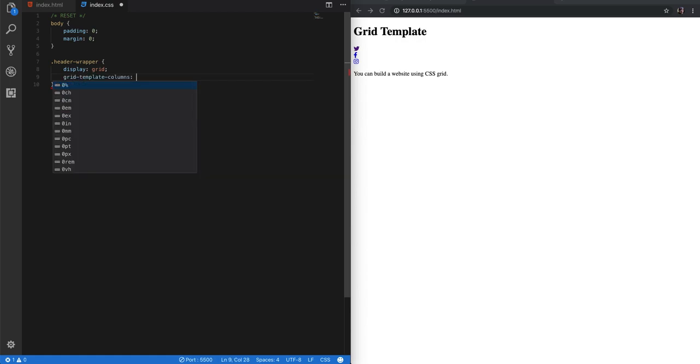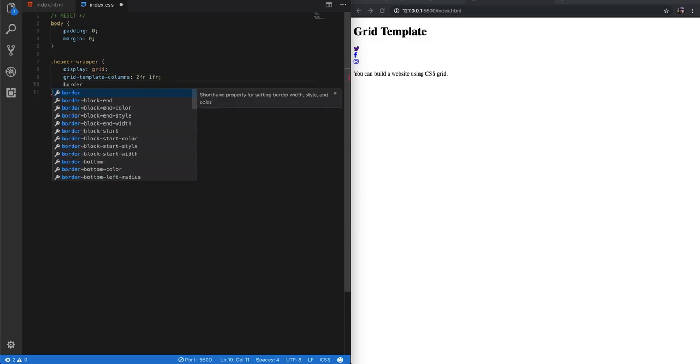You see this pops up for me, and you can use percentages or pixels or ems or a bunch of other stuff, but the preferred method is to use fractions, which you actually don't even see up here on the left hand side of this little code support area. But you can use a fraction just by typing in the FR keyword, but you'll put a number in front of it. So we're going to go 2FR, 1FR,